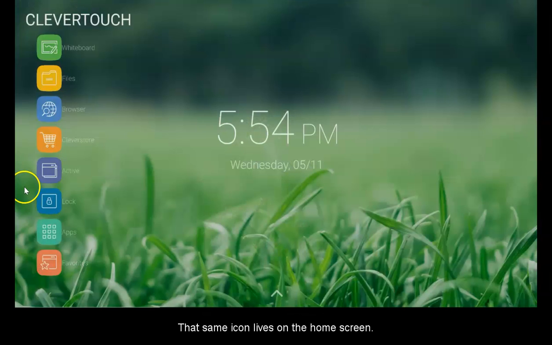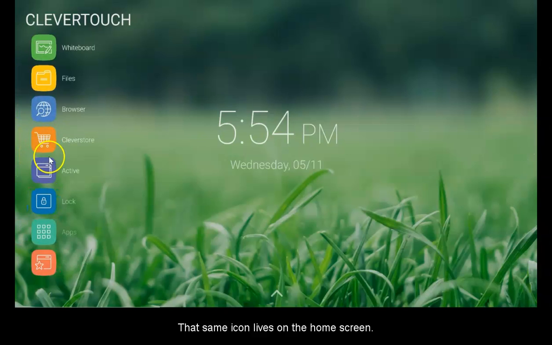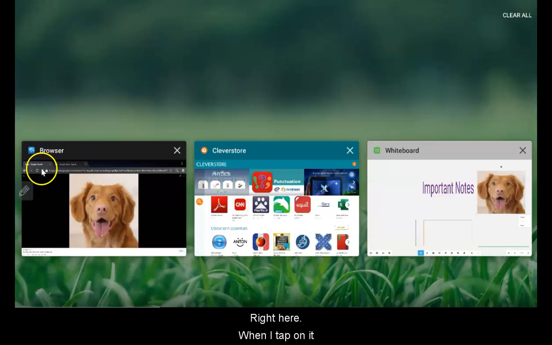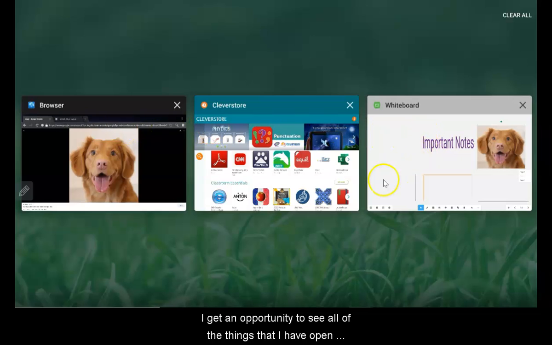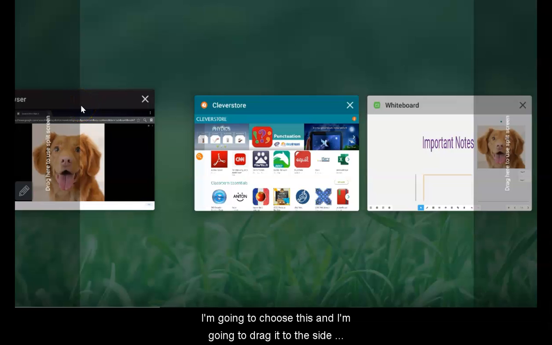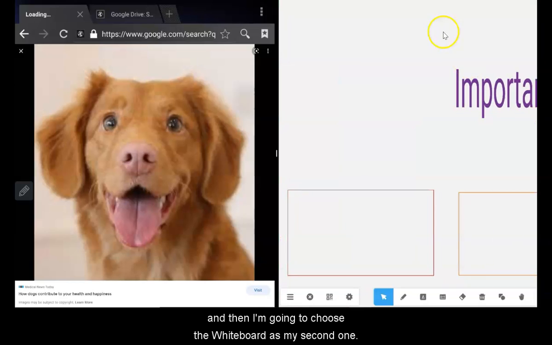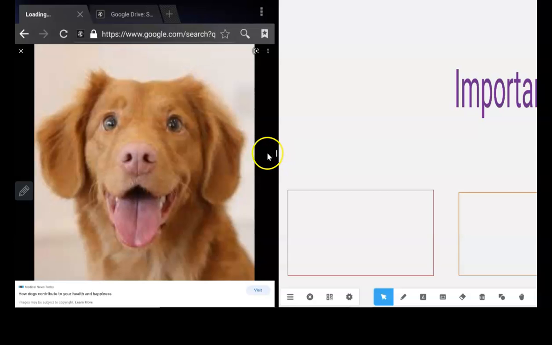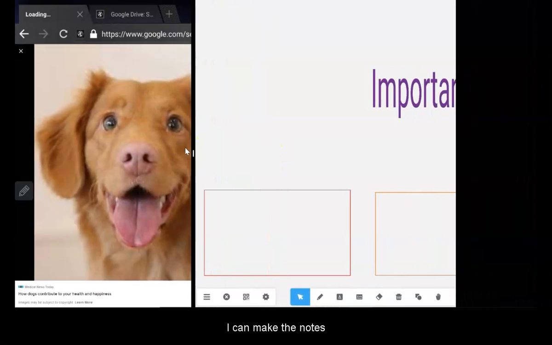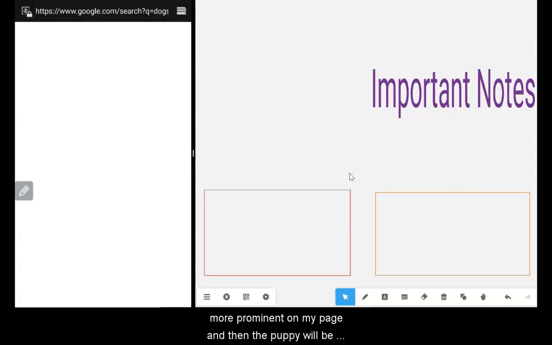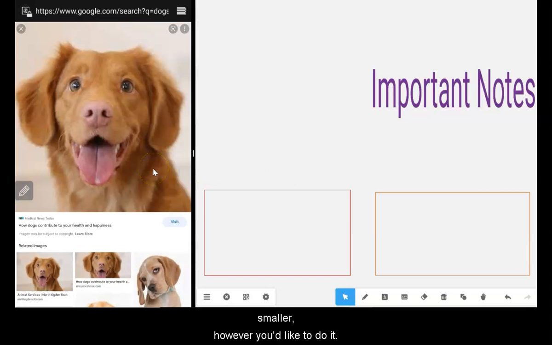That same icon lives on the home screen right here. When I tap on it, I get an opportunity to see all of the things that I have open. I'm going to choose this and I'm going to drag it to the side, and then I'm going to choose the whiteboard as my second one. Now I have the opportunity to be teaching about this adorable dog, and my students could be taking notes right here. I can make the notes more prominent on my page, and then the puppy will be smaller,